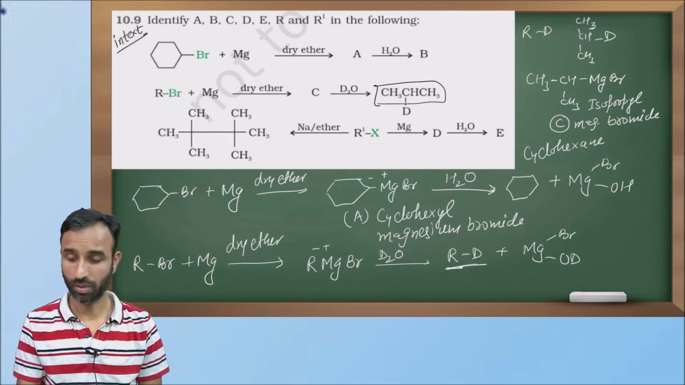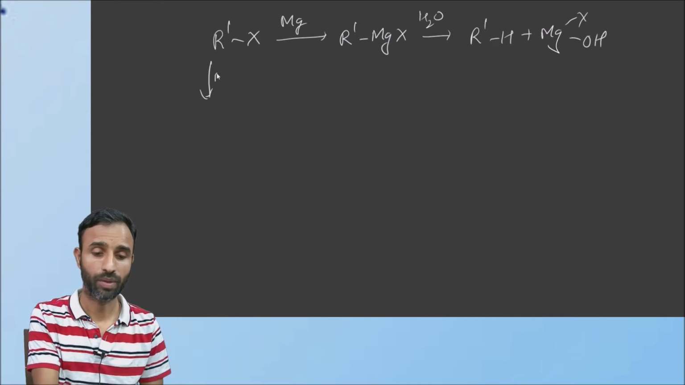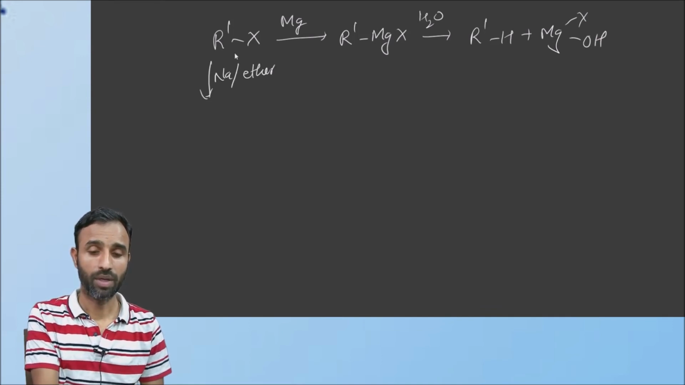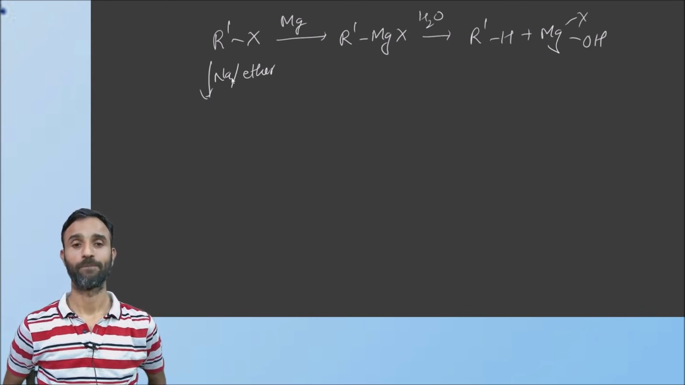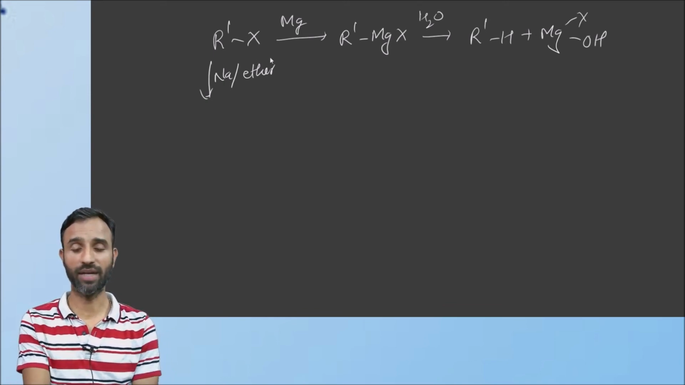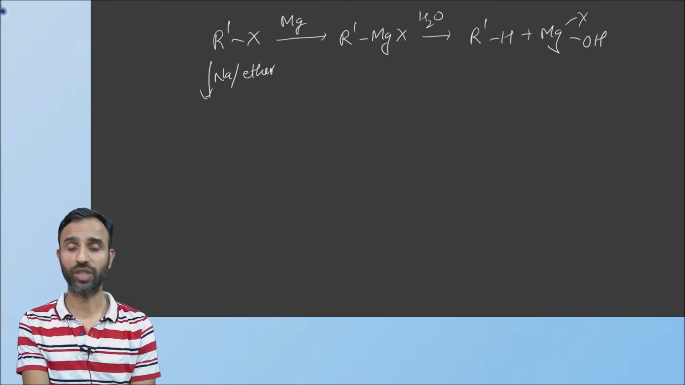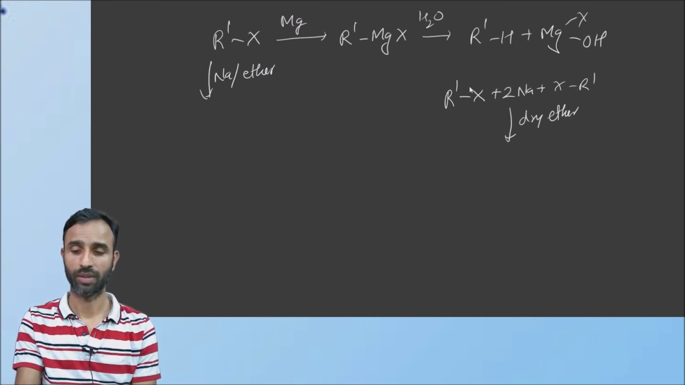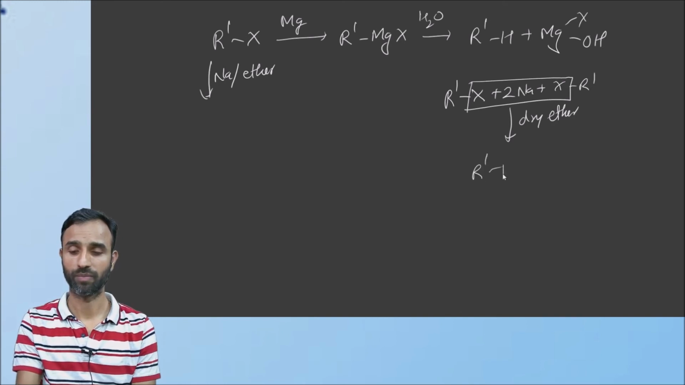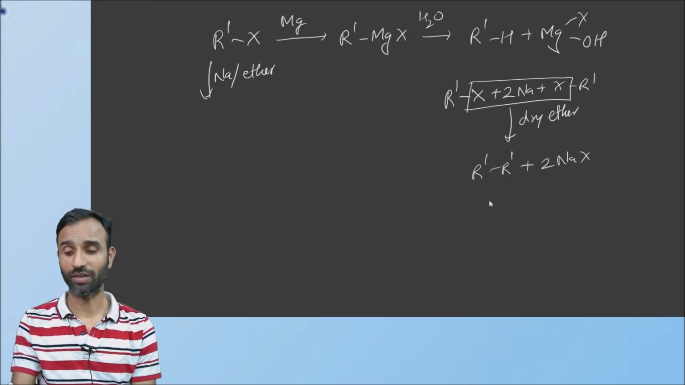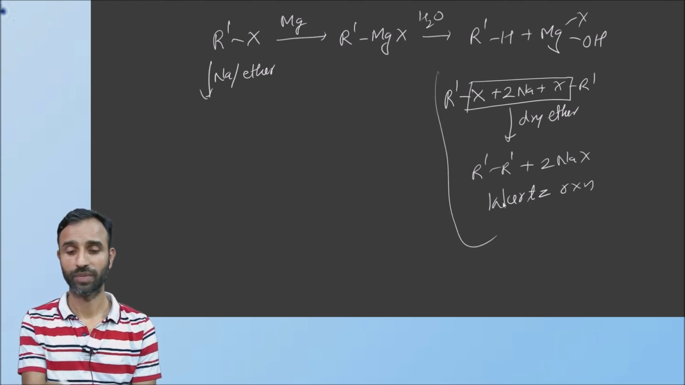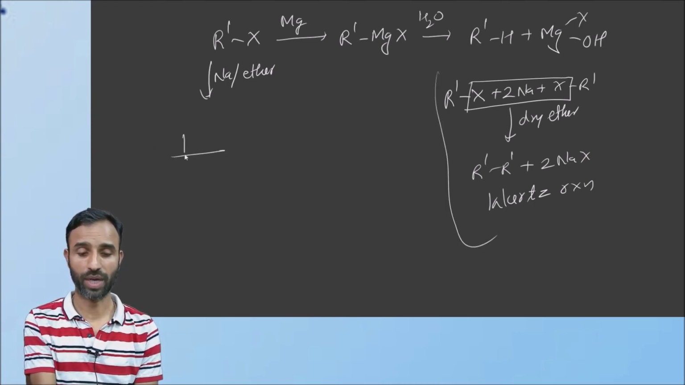So with sodium ether, yes, tell me, alkyl halide with sodium in ether, what is the name of the reaction? Alkyl halide, R1X means alkyl halide, with sodium in dry ether. The name of the reaction is Wurtz reaction. And in this reaction, we will get